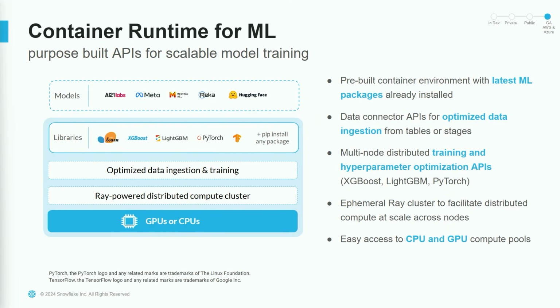So, as I said, the container runtime is really very central to how we recommend customers do training in Snowflake. So, what is the container runtime? The container runtime is a pre-built environment that is purpose built for machine learning. At the most basic level, you get an image with a bunch of popular ML packages installed. And every time you start a container runtime, either through a notebook or through a job, what happens